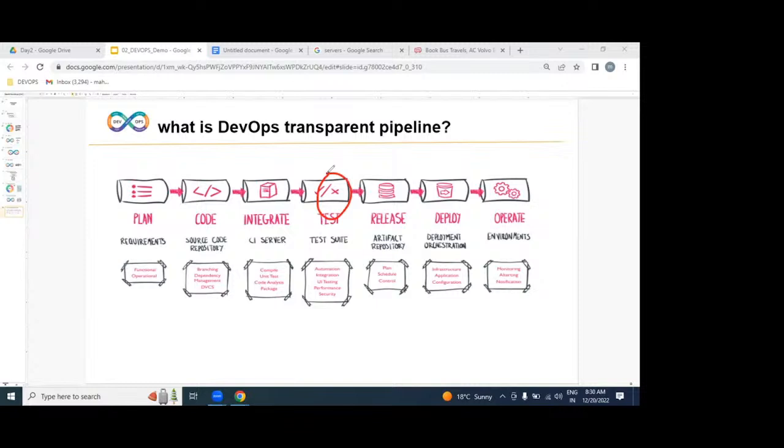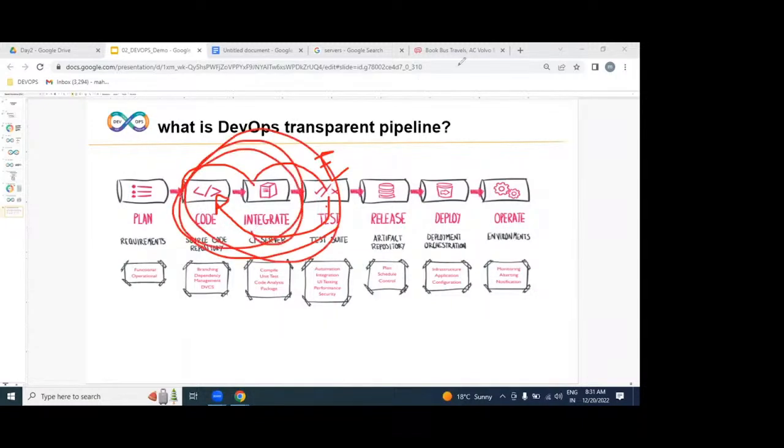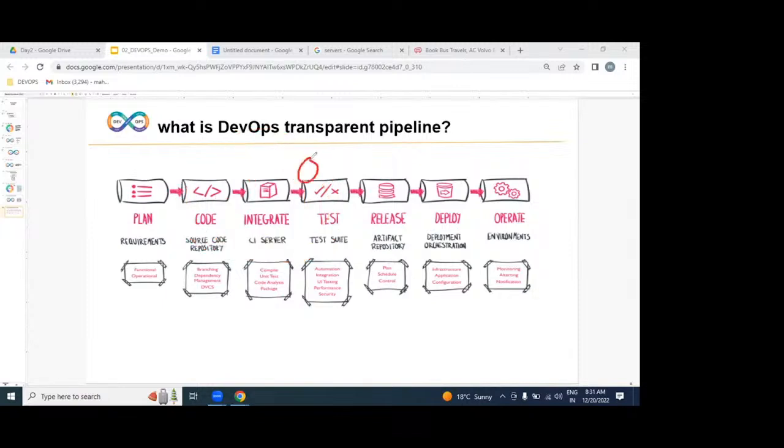That is the reason we execute test cases, but we are not writing any test cases, which are written by testers; we are just integrating them in this process. If there is any issue or error, it is automatically redirected back to the developer. The developer has to fix the issue, then again integration, again testing. So this loop is repeated until there are zero errors. Once there are zero errors, we call it working software.